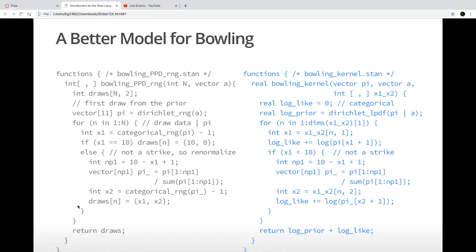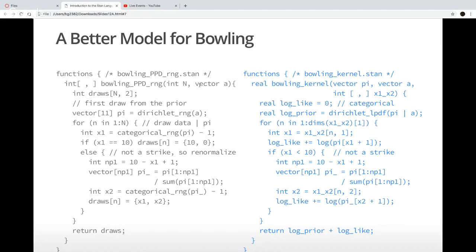And this bowler is sort of defined by his or her pi, which represents his or her ability to knock down more pins with some probability and fewer pins with other probability, etc. And so this is a simple, but not as simple as what we started with the second day, generative model for bowling.